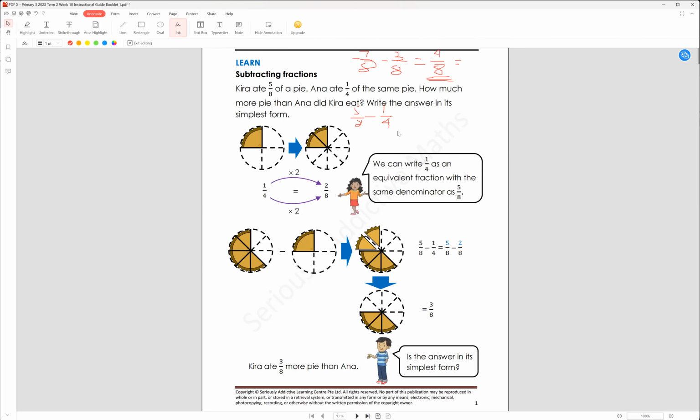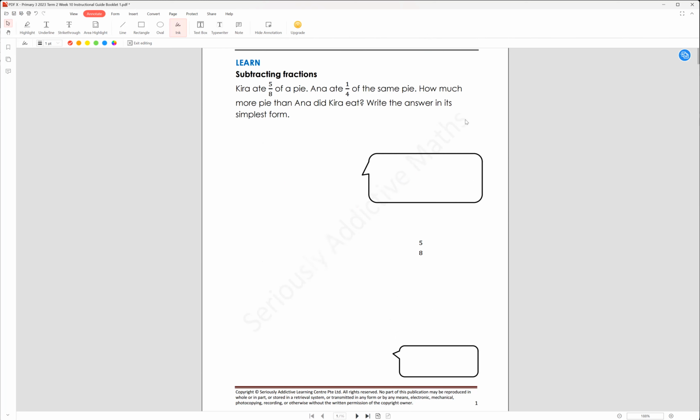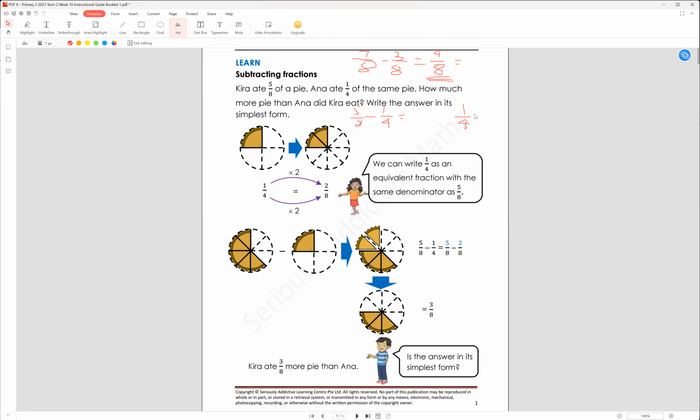In order to solve the question, you have to make sure that they have the same denominator. Just like comparison, we need to convert one of the denominators into the other. We convert the one with the smaller denominator most of the time. The smaller one is 4, so we need to convert. On the side, convert 1/4 first. If you convert into a fraction with a denominator of 8,